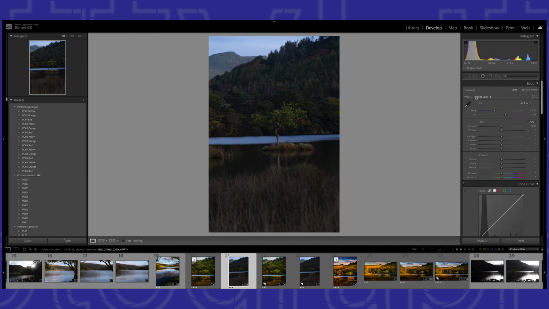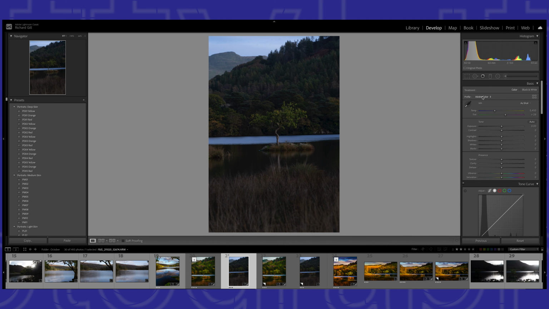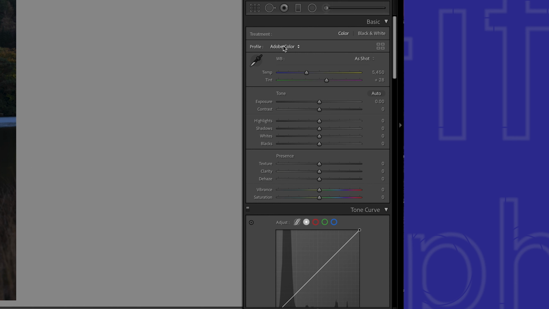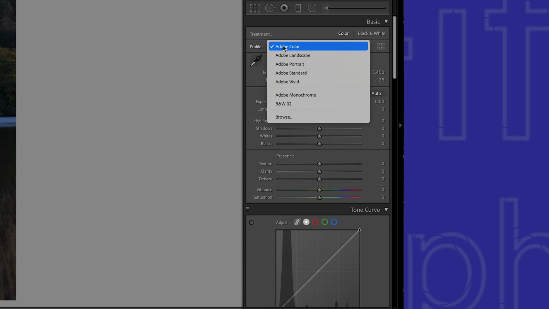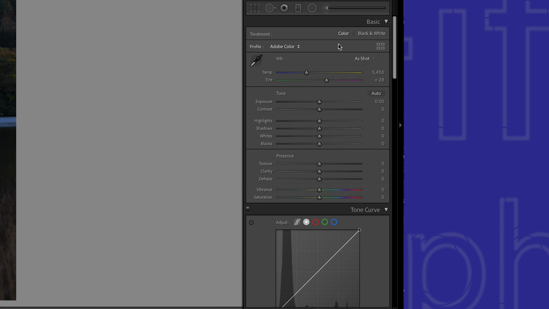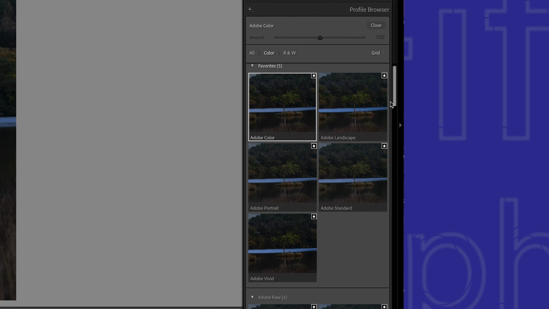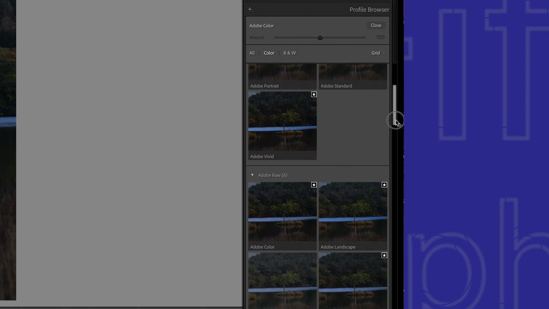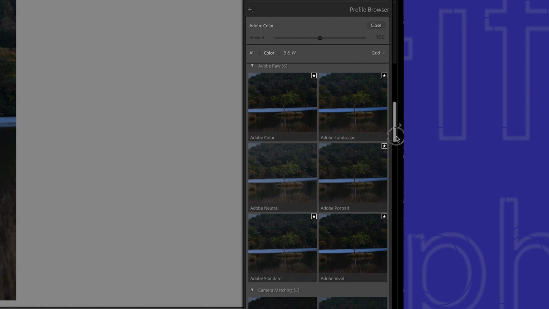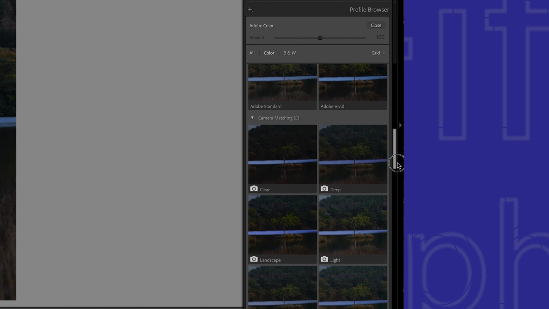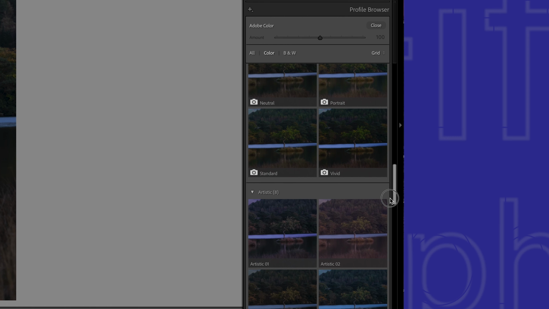Now, the first thing I do is choose a profile. If I was doing commercial work and sending it to a client, I would leave this at a very standard one. I would choose either Adobe Color, or I might go to a camera matching profile. If you go over to this bank of icons, then you get all the possible profiles you can choose, and you can see there's Adobe Color, Landscape, Portrait, Standard, Vivid, and so on. Then you'll see there is another section of Adobe Raw profiles, then a section of camera matching ones, and then a chunk of